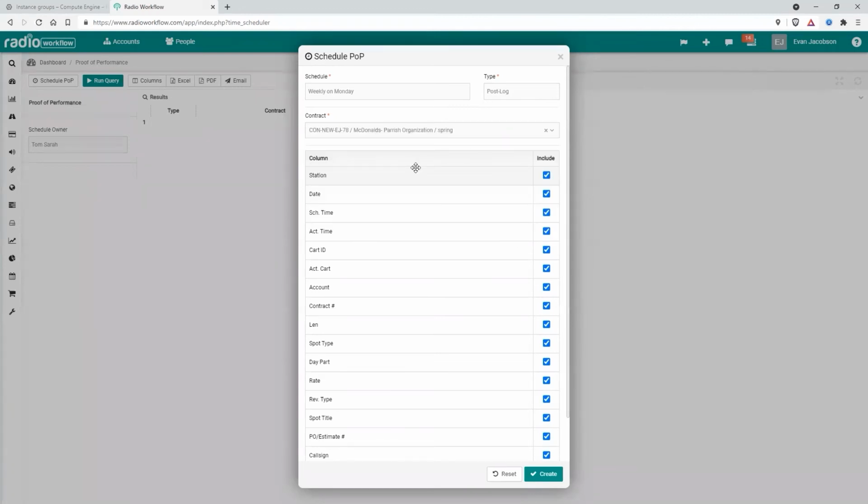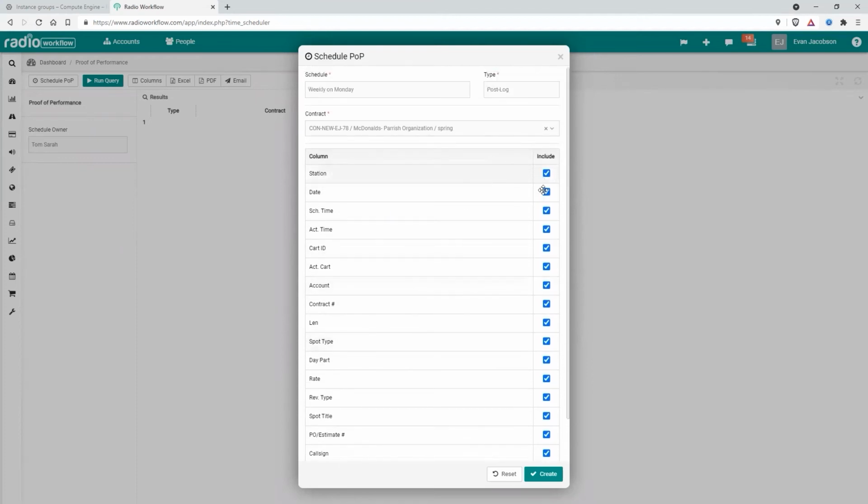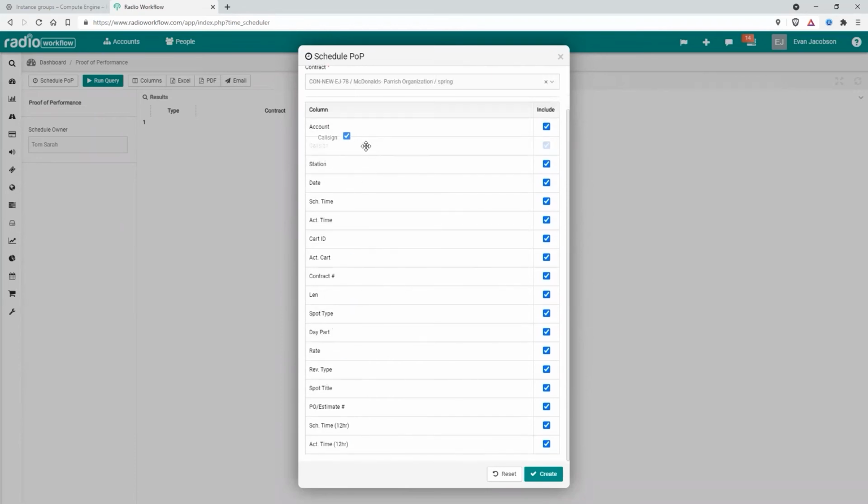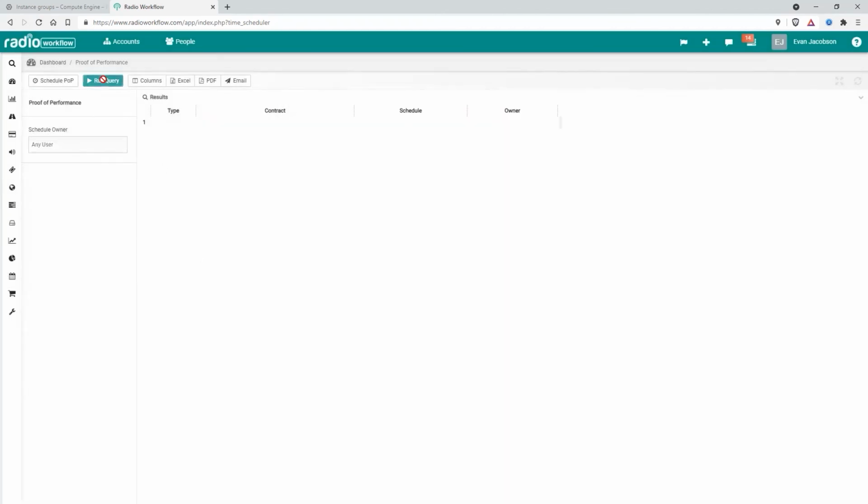And then we get to choose the columns and also whether or not we wish to include that column in the actual report. So all we do to do that is drag and drop which columns we want and then exclude the ones we don't. So we want the account, and we're going to add the call sign, the station, the date, the actual time in 24-hour time, and the spot title as well. So let's just rearrange those, and then we're going to deselect the ones that we don't want. Then we hit create, and then run the query again,